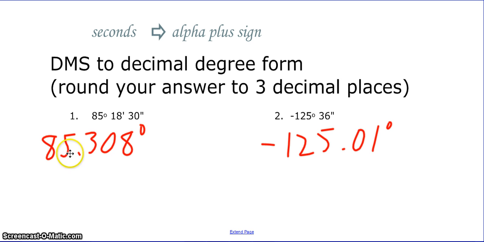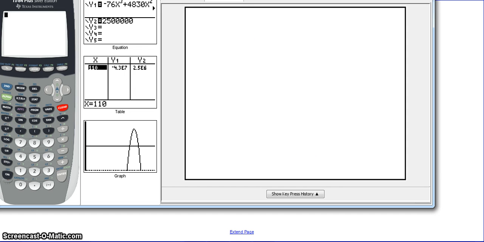So this converted into 85.308 degrees, and then negative 125 degrees and 36 seconds converted into negative 125.01 degrees. So now I'll show you on the calculator how I got that. To type this in, we type in 85